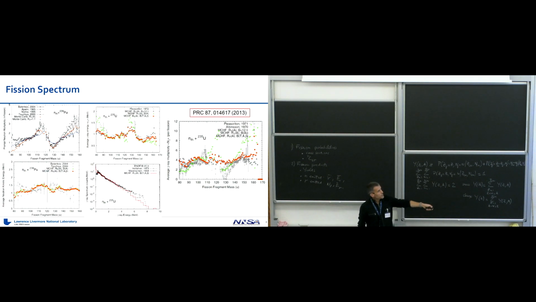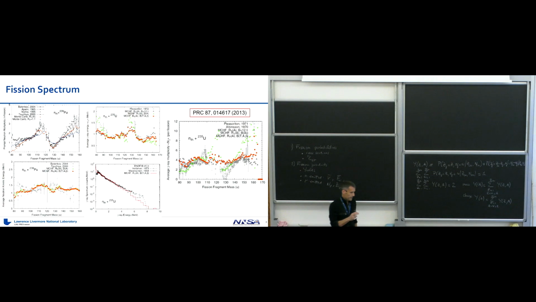Same picture here. I don't need to take more time, but this is the same picture for the photon multiplicity, so the average number of gammas emitted by the fragments. This one is for uranium-235, but you would have a similar picture for plutonium-239. Then this is the average gamma ray energy, and this one here is the cumulative gamma spectrum. As a function of the gamma energy, you count how many gammas have been emitted in that particular energy bin, and that's what's plotted here. So now,